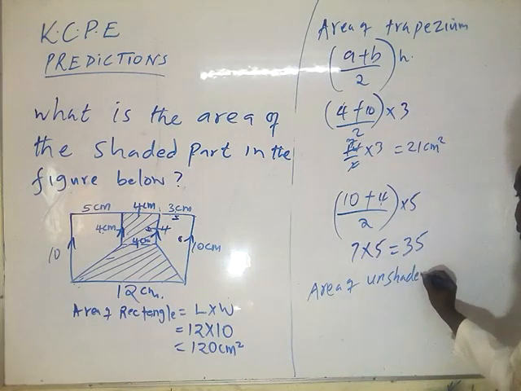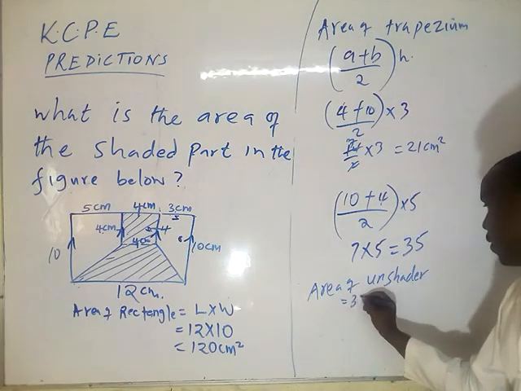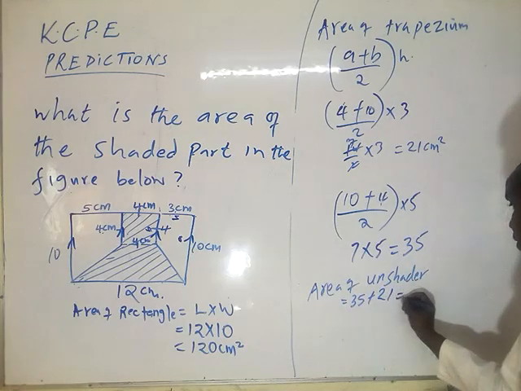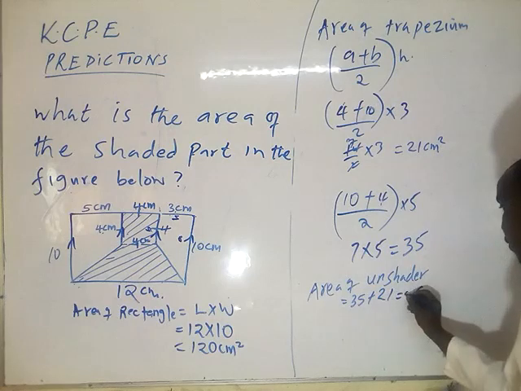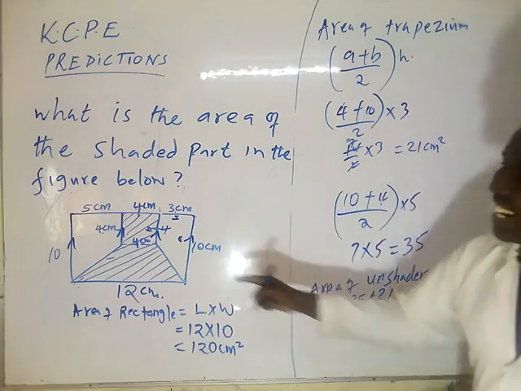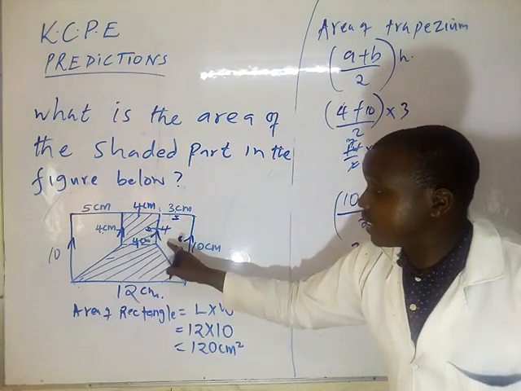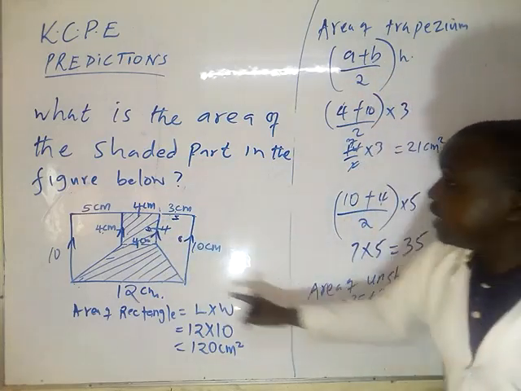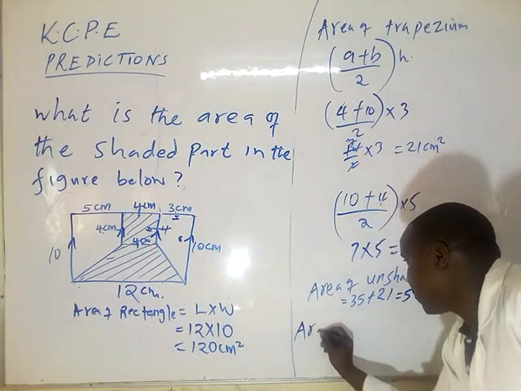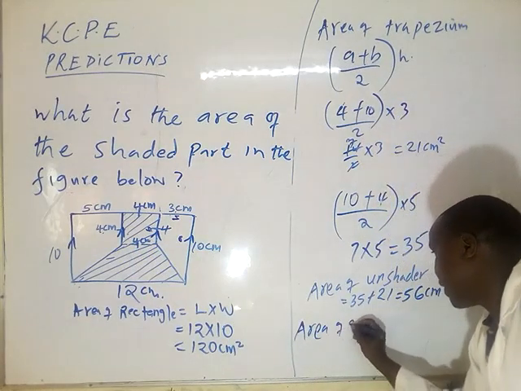So the total area of unshaded is equal to 35 plus 21. This one gives us 56 centimeters square. Now, that is the area of the unshaded. Area of the shaded now,